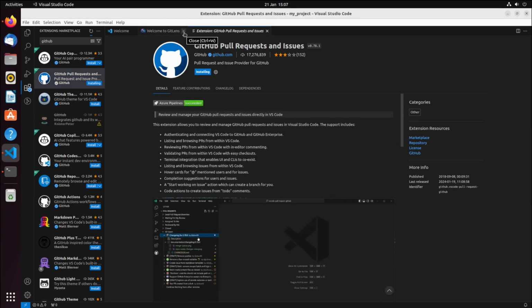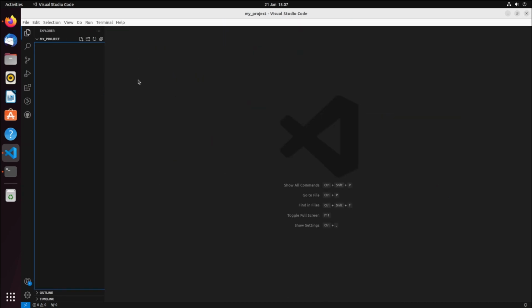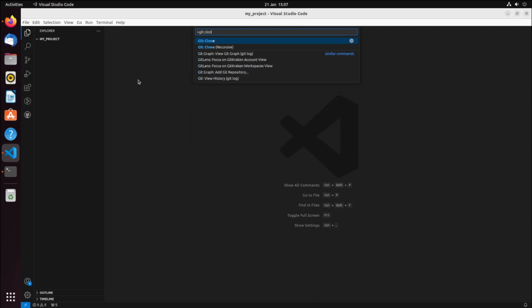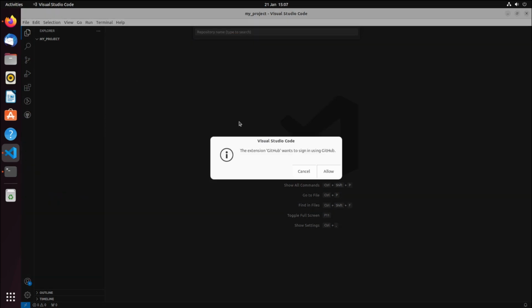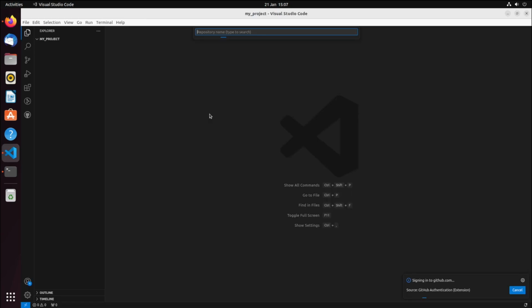Then once that's installed, go to your Explorer tab, Control-Shift-P, git clone from GitHub. It'll take you to GitHub. I'm already signed in, so this will just ask me, do I want to choose the application? It'll just ask you to sign in, and then you'll get this. Then just choose the application, let the system handler take care of it, open the link and take you back